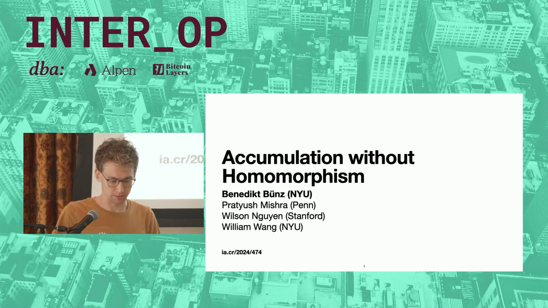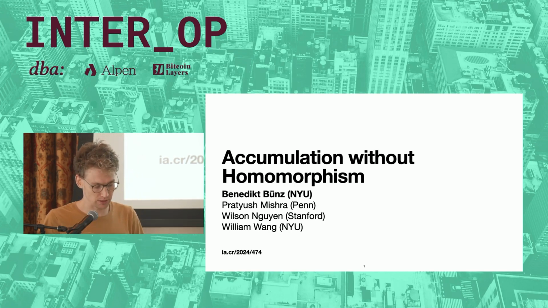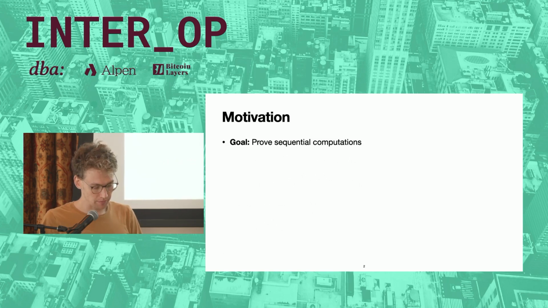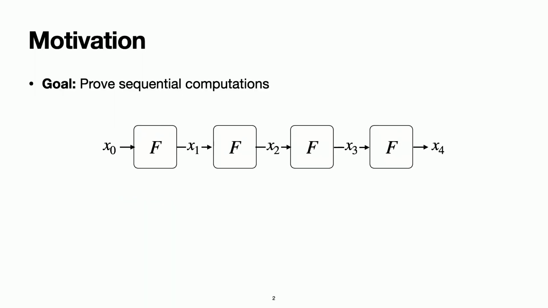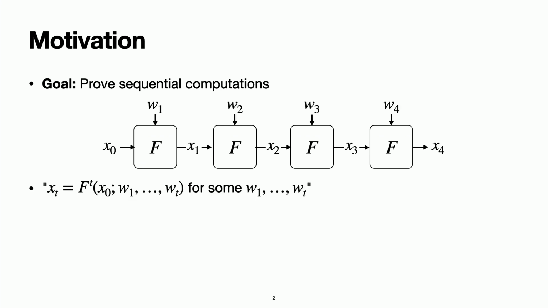And yeah, I guess the specific paper is called Accumulation Without Homomorphism. In particular, this is a proof system for so-called sequential computation. So imagine you have some sort of input, and then you iterate some function on it many times. This seems somewhat abstract, but what could this function be? Well, you can imagine this function to be a virtual machine, something like the EVM or some RISC VM or some sort of arbitrary VM,